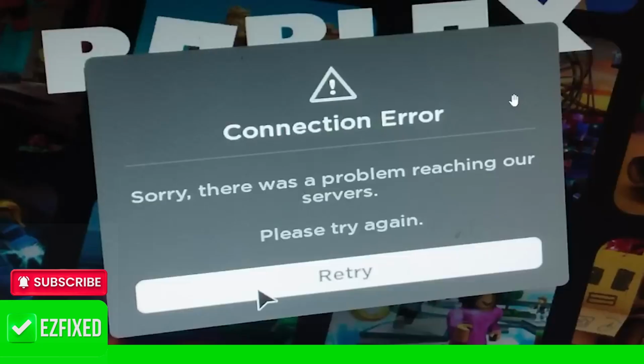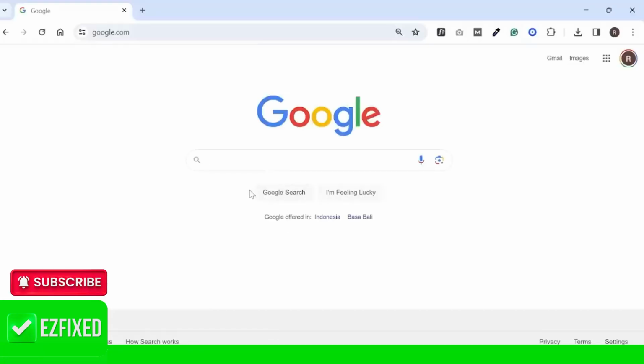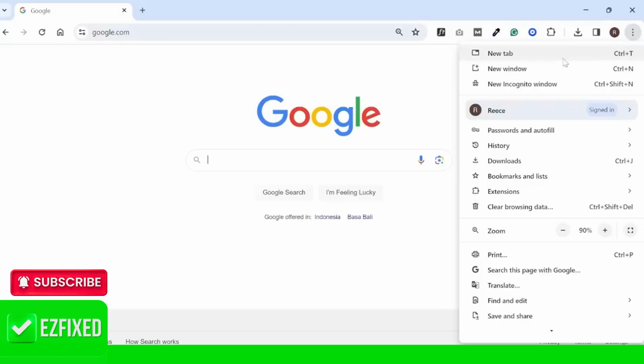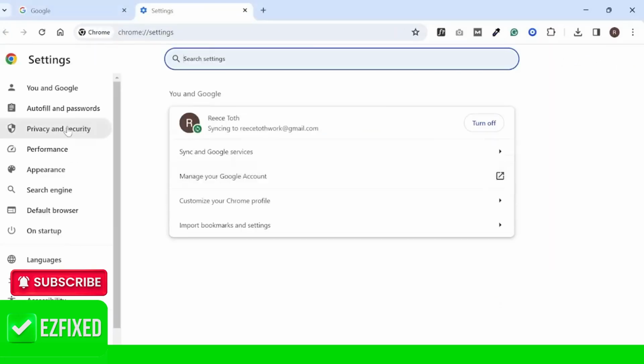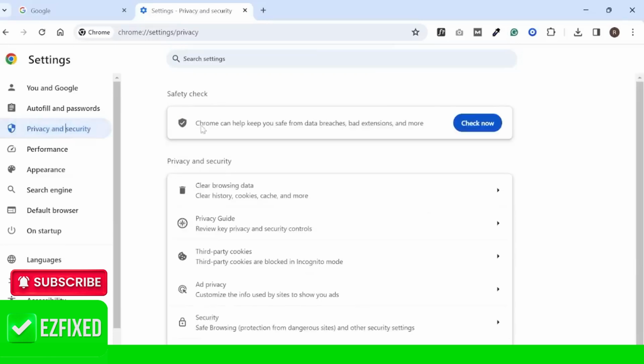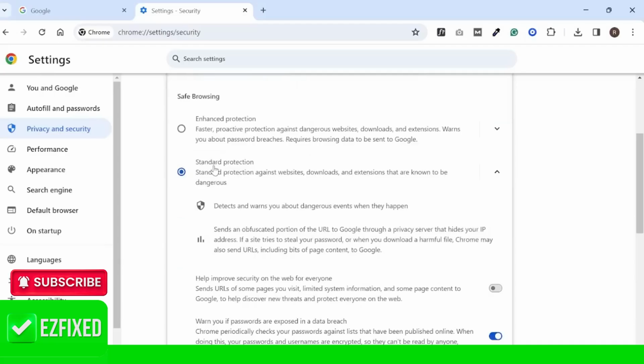security settings and make sure they're configured in the correct way. To do this, we're going to head over to our internet browser. For me, I'm using Google Chrome, and then we want to come to the three little dots in the right-hand corner here. And then we just want to scroll down and select Settings. From this page, we want to come to the Privacy and Security tab, and then select Security from here. And we just want to make sure that Standard Protection is enabled. We can then relaunch Roblox, and if this still doesn't solve your issue, we can move on to the next